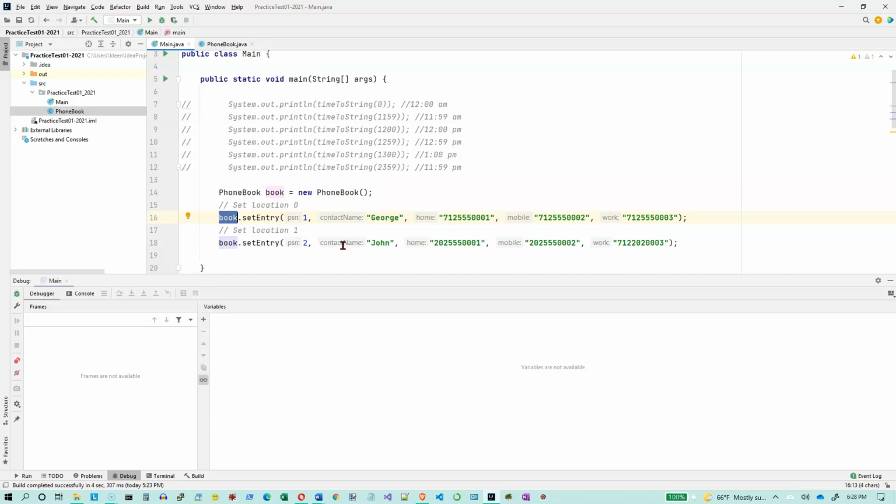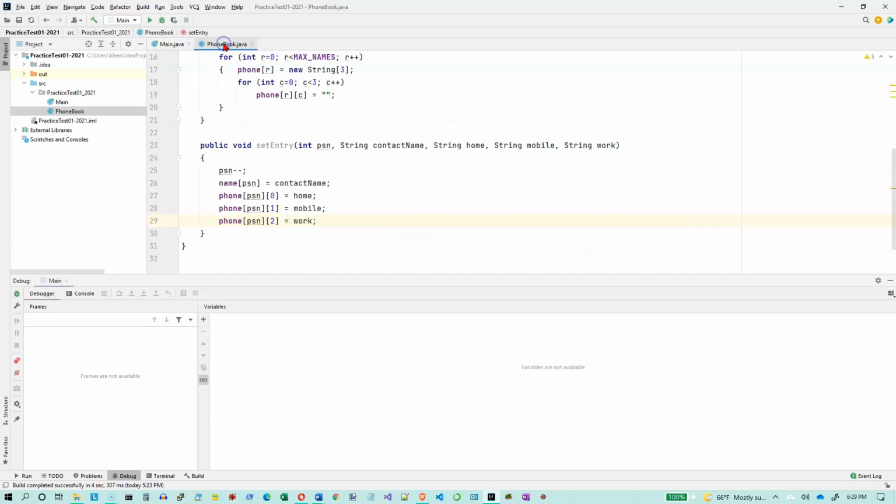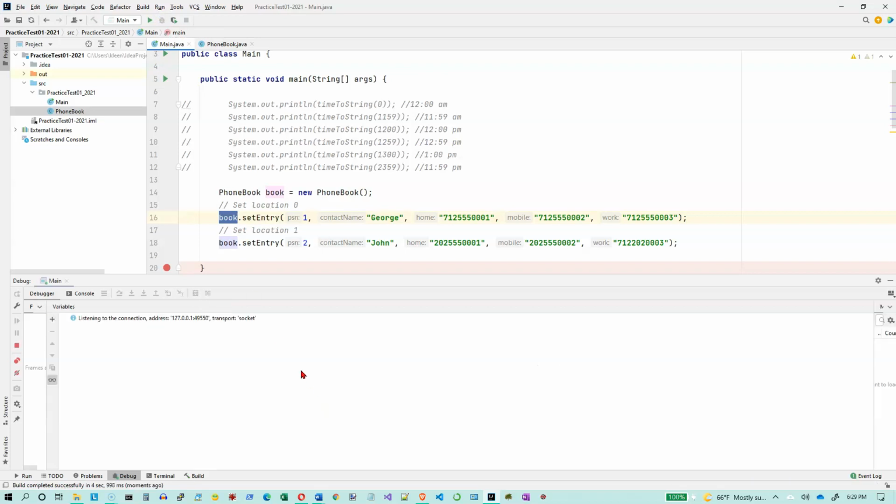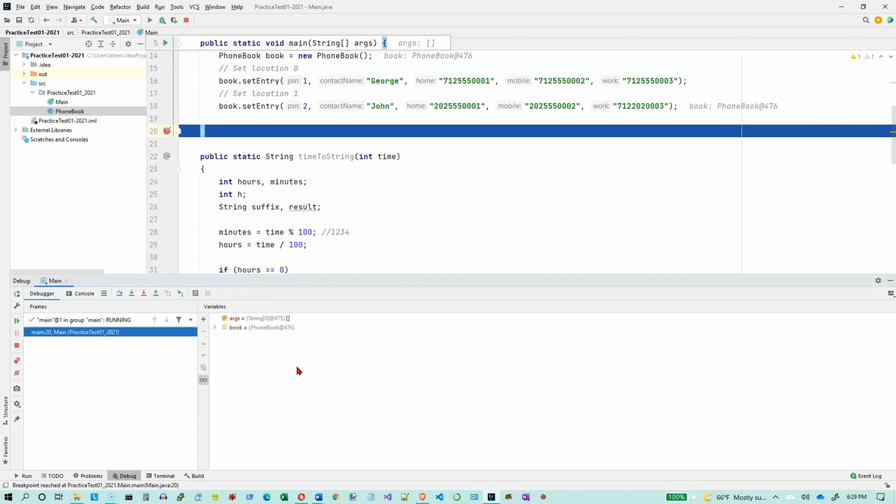And then we do the same thing for another person. We're going to set this at location 1, 2 minus 1, John, and then 3 phone numbers. Okay, so what we're probably going to want to do is put a breakpoint right there, and debug it. Okay, there we go. So here's book, and if we click on it, we've got our one-dimensional array with George